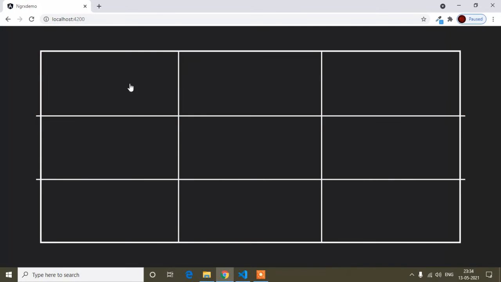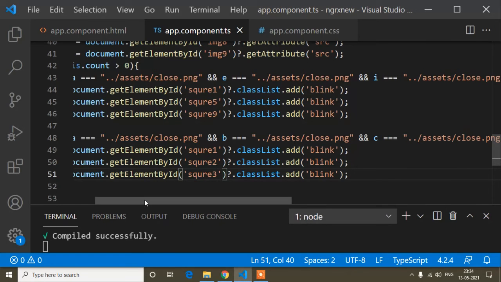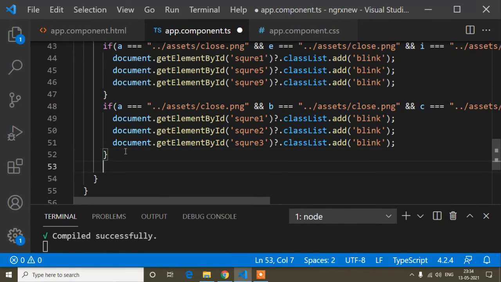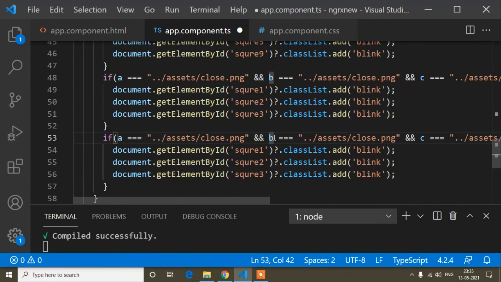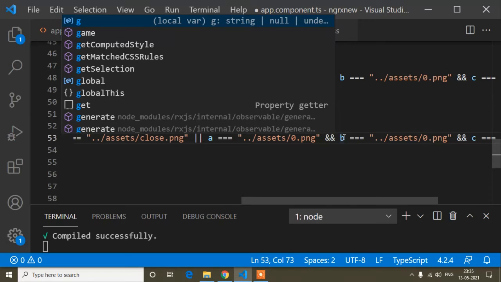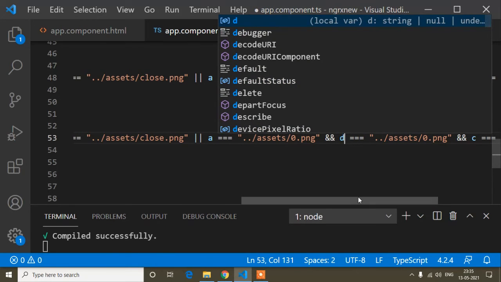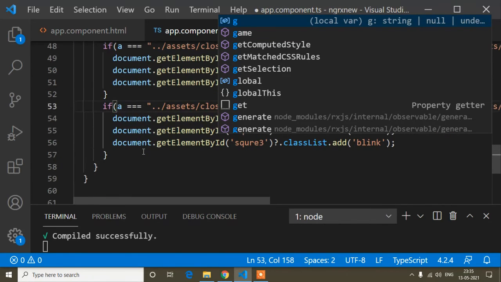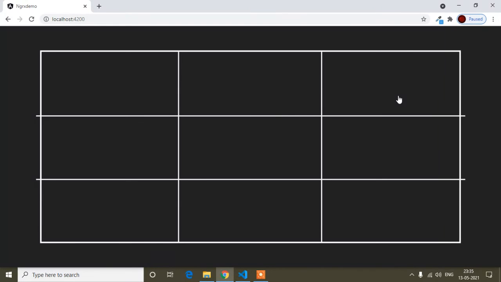Okay, that means A, B, C, D, E, F, G. So A, D, G. Okay, so I will copy this one, I will paste here A, D, G, and here is A, D and G. So when A, D, G means square 1, 2, 3, 4, 5, 6, 7. So square 1, 4, 7.